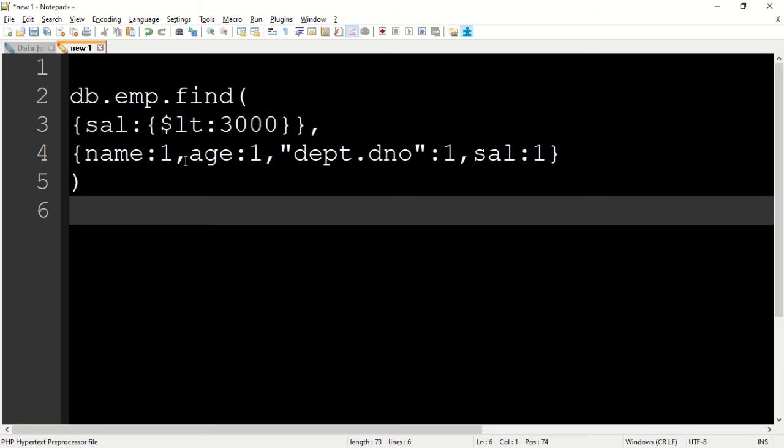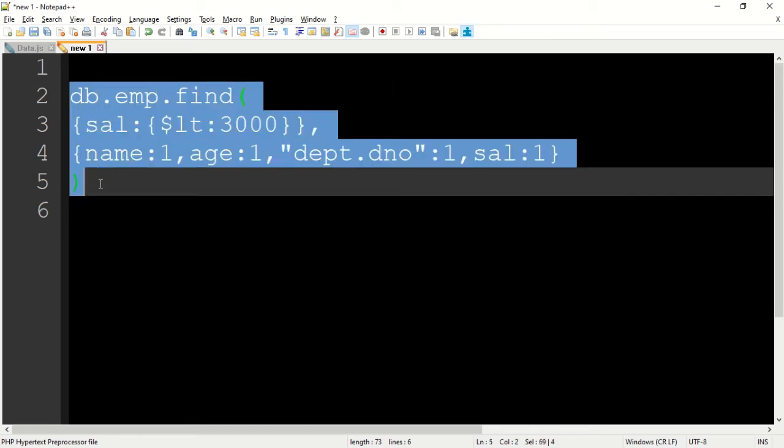So all the documents which are having salary less than 3,000 means up to 2,900 will do, right? Less than 3,000 means, but not 3,000. So all these documents will be displayed whose salary is less than 3,000 but not 3,000.